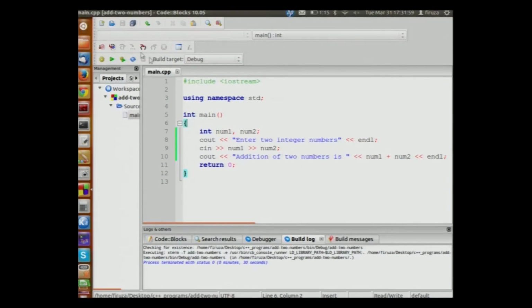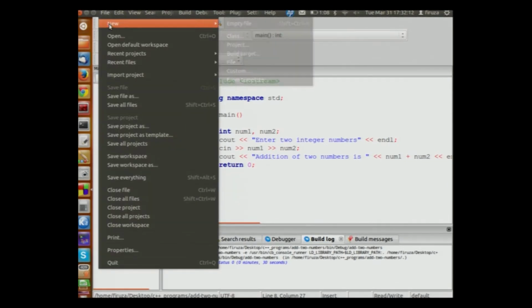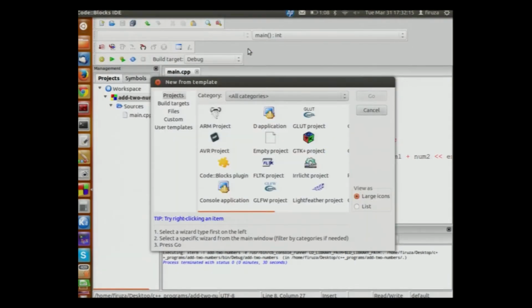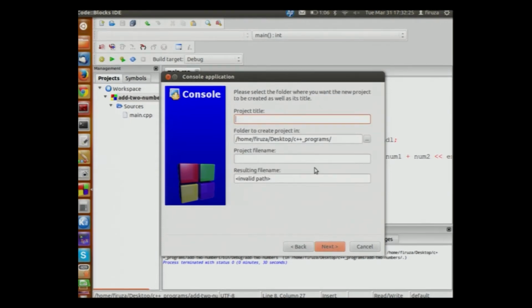Now we will see how to write a basic simple CPP program. Same way, we can have the project over here. We will create another project. Let us say file, new, project. Click on console application as usual. Click go command button. C++ is selected by default. Click the next button. Now project title over here, for example, we want to draw some 3 polygons.